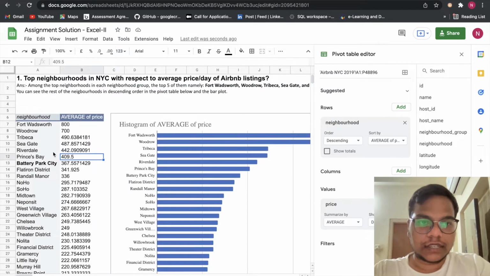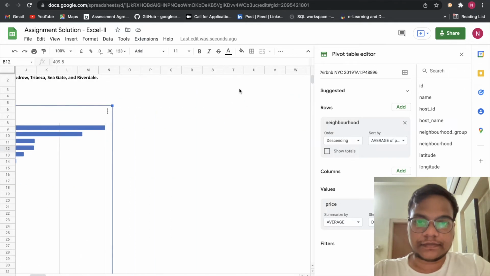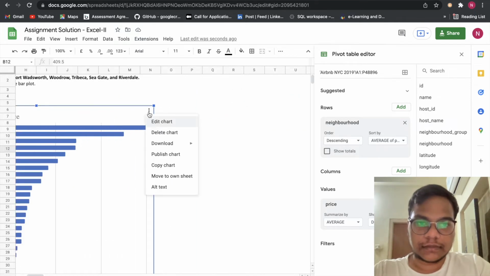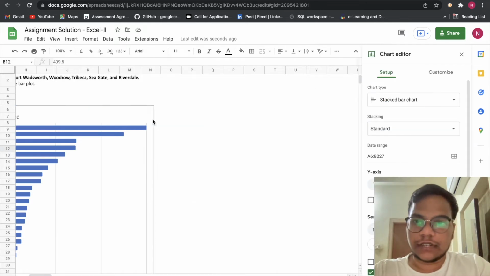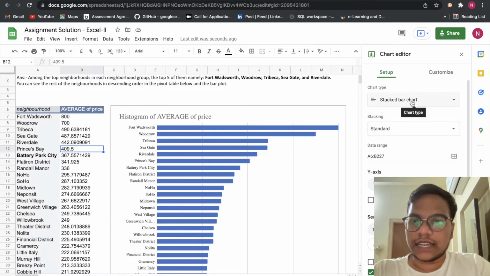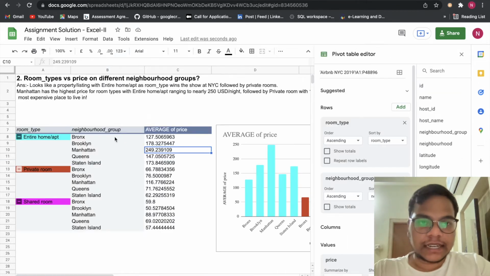So here is also the same thing. This is the first question. Here, we did a stacked bar chart, we selected. Okay, in the second question, here what we need to find is room types versus price in different